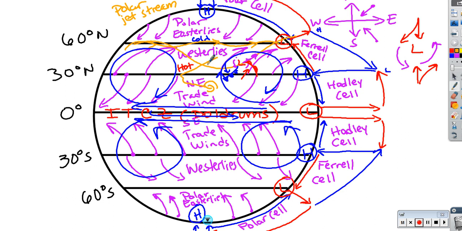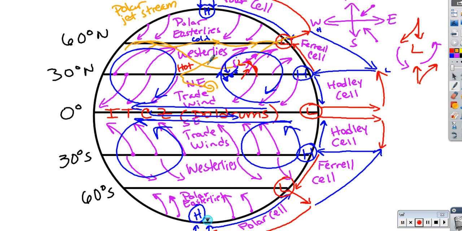So the only other thing that we had talked about in terms of global patterns was the southern oscillation,